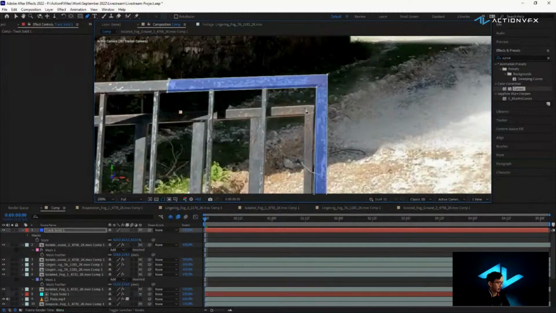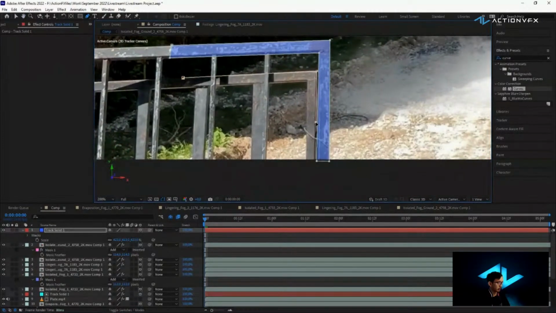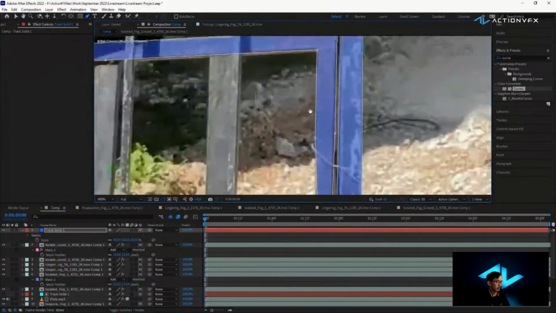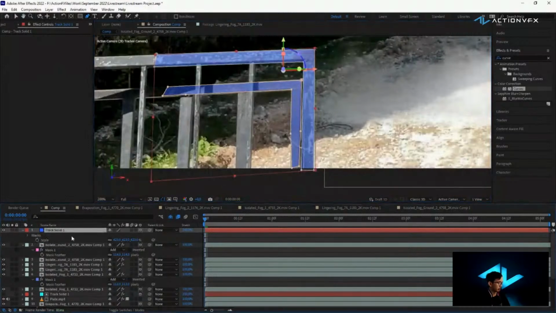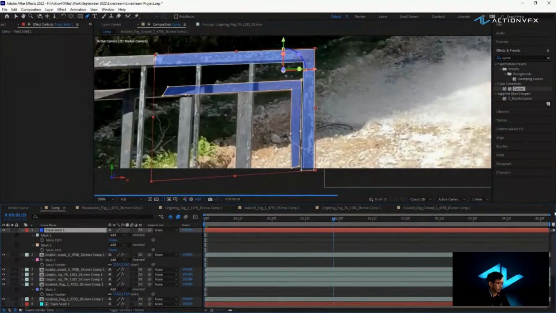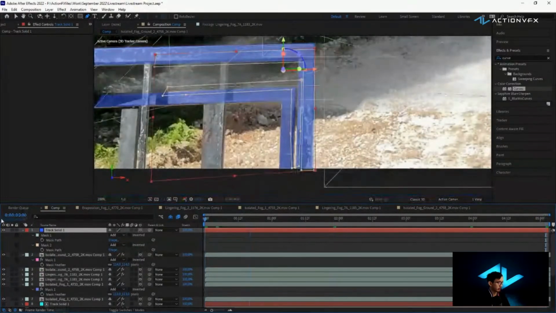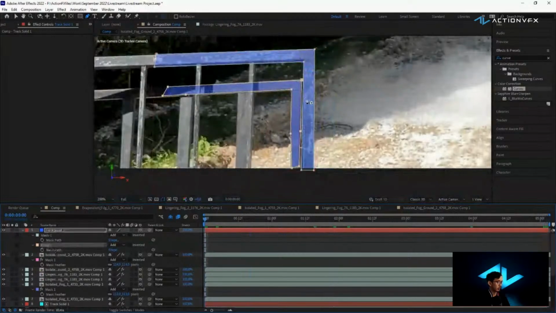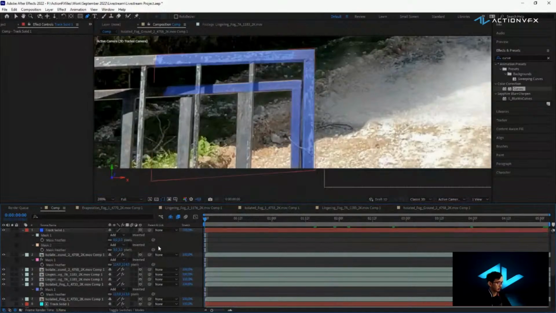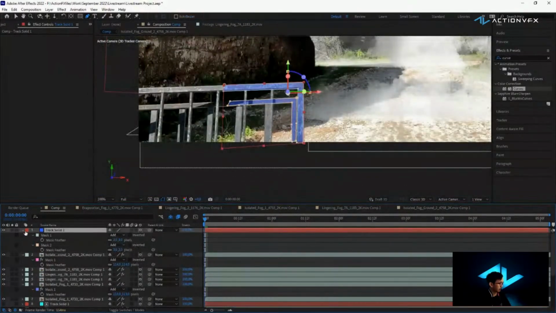And then maybe let's add another one for this part here, even though it's on a different depth from the roto for the fence, but that is fine. We can just manually animate the mask to nudge it a little bit more. Oh, actually, the mask is already looking pretty good without even the need to animate the mask path. So let's press F and feather it just a bit,